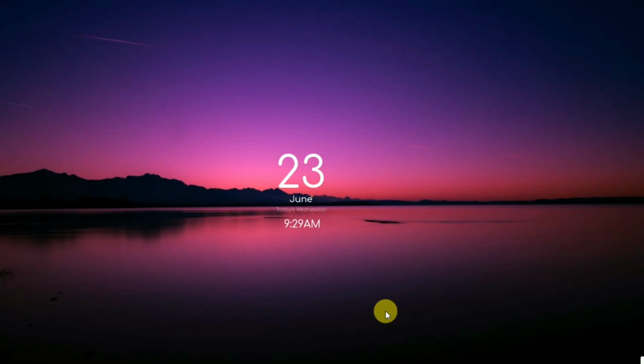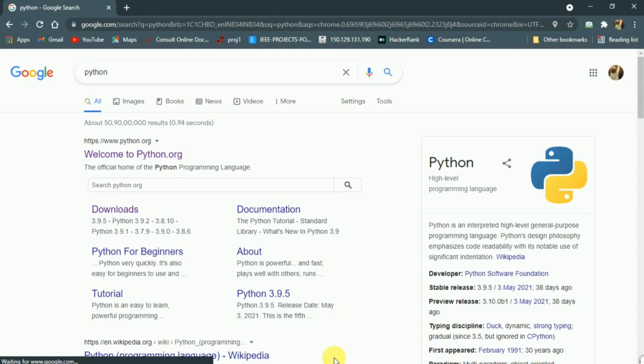If you are using Windows 8, 7 or any other operating system, then all steps are the same. You just have to download another setup for your operating system. So what you have to do is open the browser present in your system. I'm opening Chrome here. You can use Chrome, Mozilla, Opera, Firefox or any other browser.